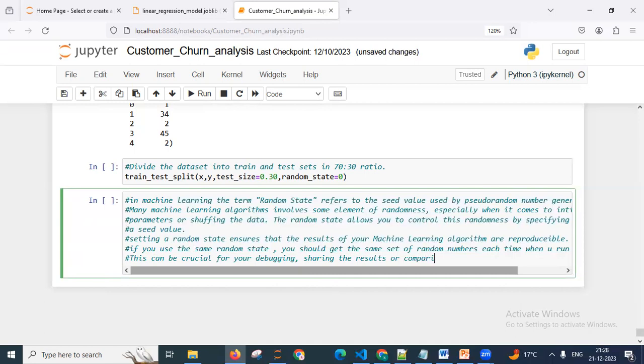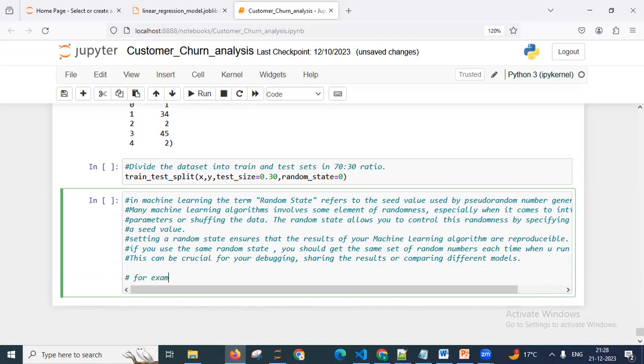As an example, you can also write in Python, a sklearn library, many algorithms and functions have a random state,